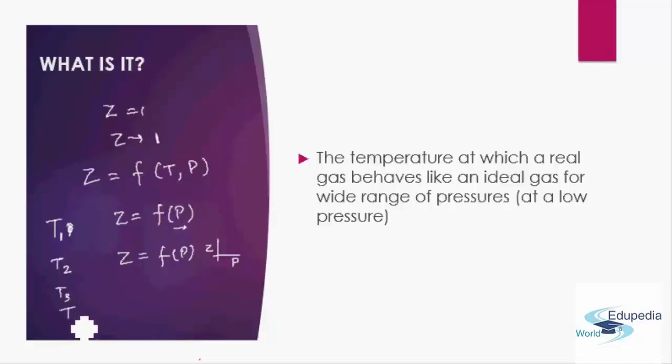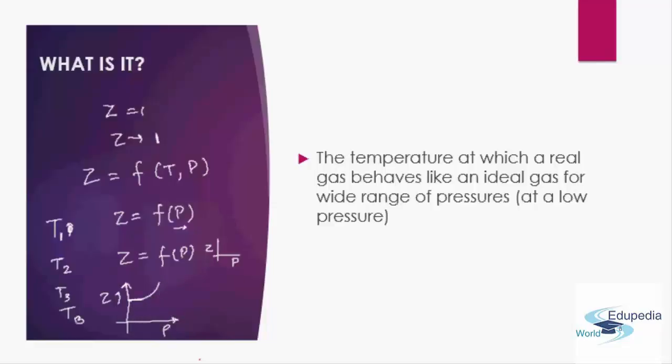Finally came a temperature called Boyle's temperature, represented by TB, for which, as I vary pressure, the Z value tends to be close to 1 or equal to 1 for a wide range of pressure